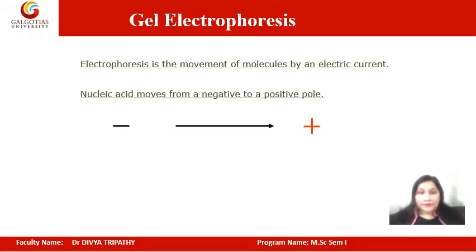Now, electrophoresis is based on the principle that nucleic acids move from the negative to the positive pole. If we are talking about nucleic acid, we know that nucleic acids are polynucleotides. Polynucleotide means it has bases, deoxyribose sugar or ribose sugar in the case of RNA, and phosphate as a backbone. So if I am saying nucleic acid moves from the negative pole to the positive anode, it is clear now that nucleic acid has an overall negative charge, right?